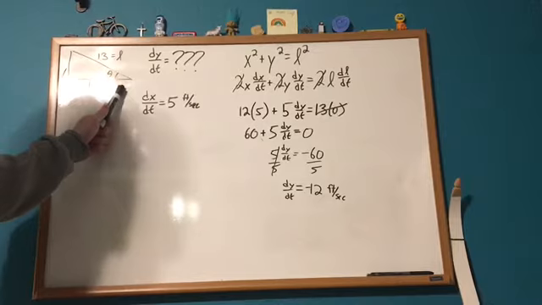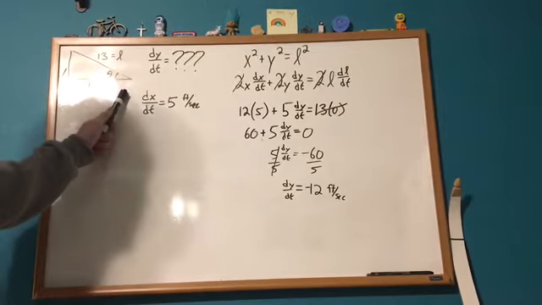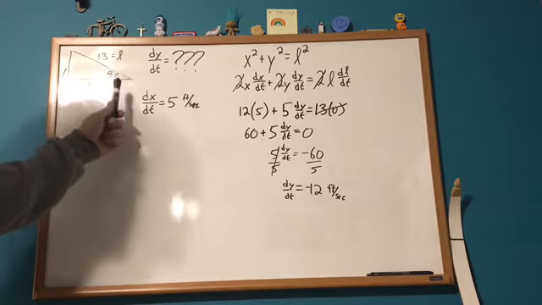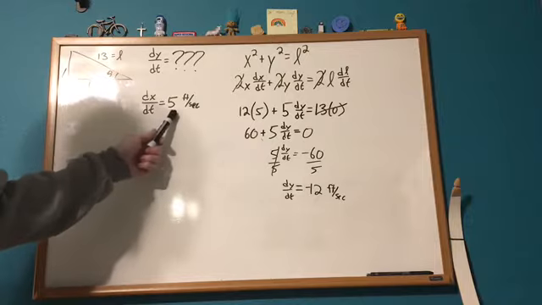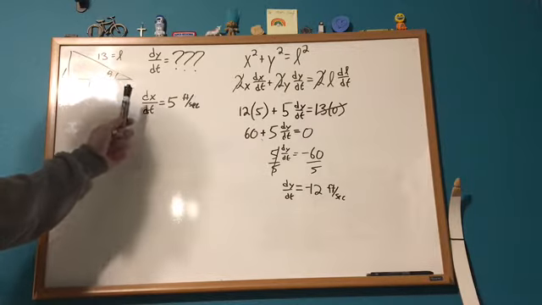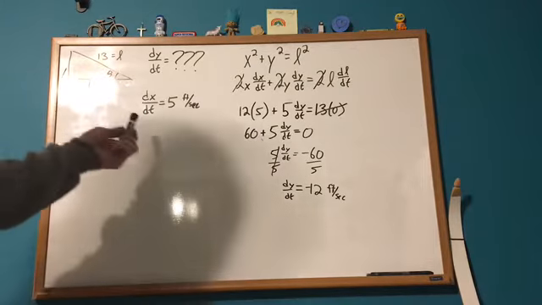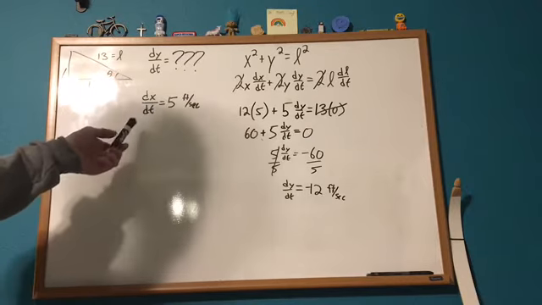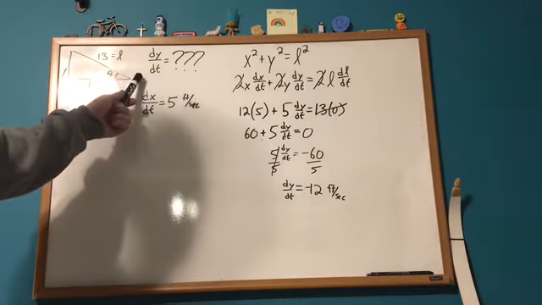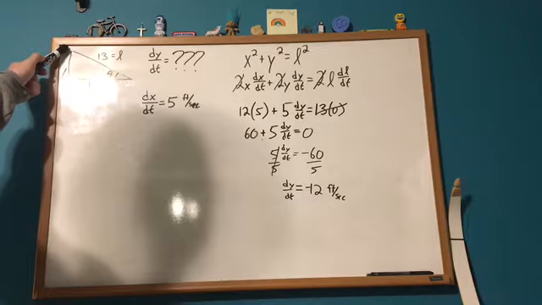A 13-foot ladder is sliding down a wall. It's moving away from the wall. The base of the ladder is moving away from the wall at a rate of 5 feet per second. The goal of the first part of this problem is to find the rate that the ladder is falling down